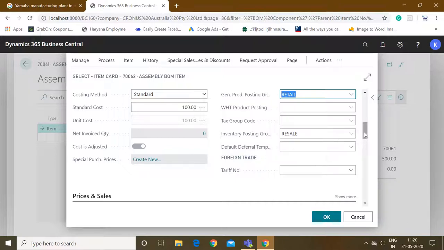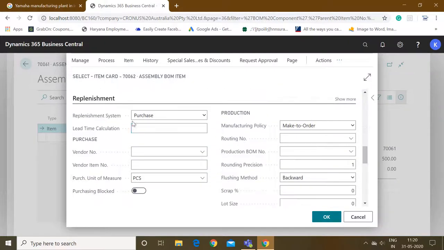And that's it. In this item we don't need to change the replenishment system to assembly, because this is a secondary item which we will purchase from outside, and then we will make our assembly item. So this is only purchase, and click OK.